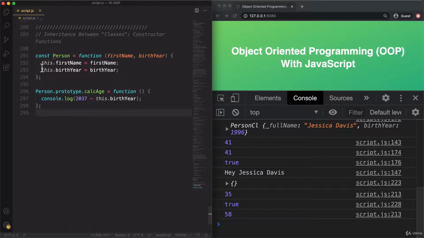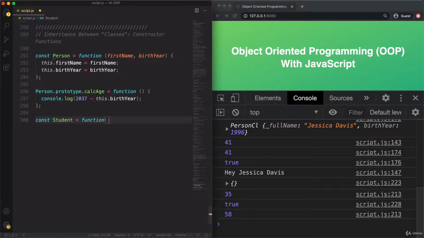So here I already have the person function constructor that we have been working with in the beginning of this section, and also the calc_age method that we set up on the prototype property of person. So this is just a copy of what we already did. And so now let's continue by building a constructor function for the student. So const student.